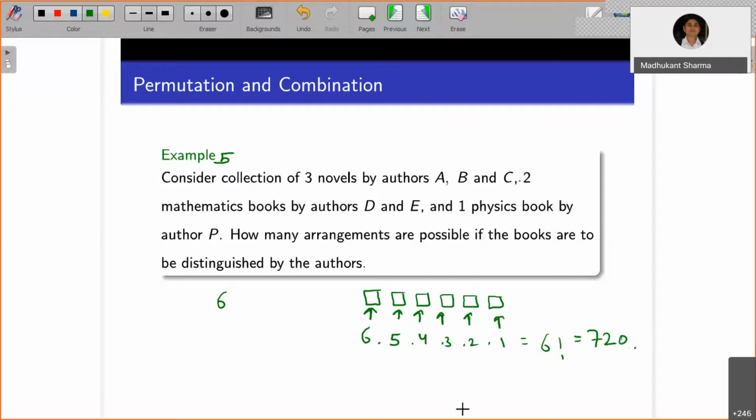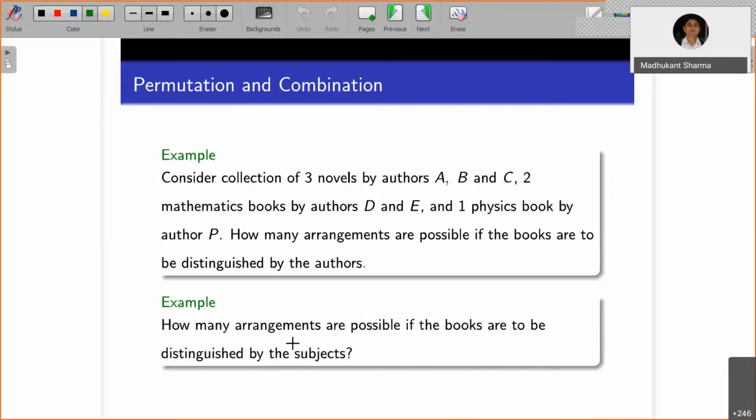Right. Now, let's see how many arrangements are possible if the books are to be distinguished by the subjects. It means wherever the books start with mathematics, the mathematics books should line up together, and the novels should line up with novels only. All 3 novels should sit together, all mathematics books together, and the physics book together. Suppose you are fixing the 3 novels. So 3 factorial ways you can fix the first 3 places, into